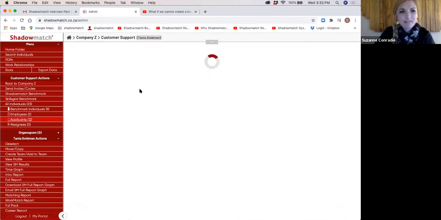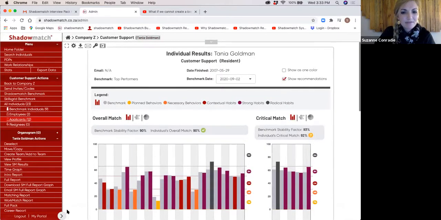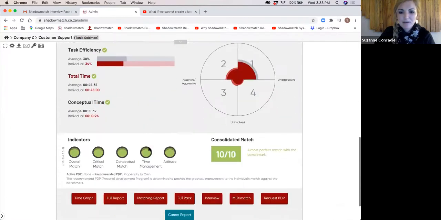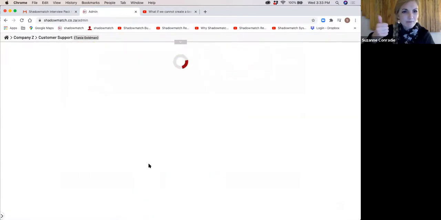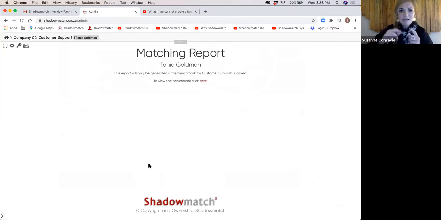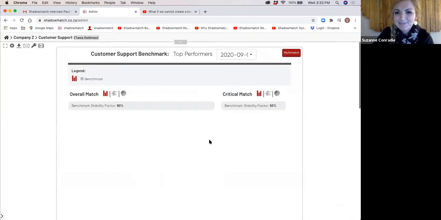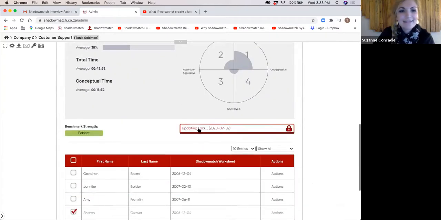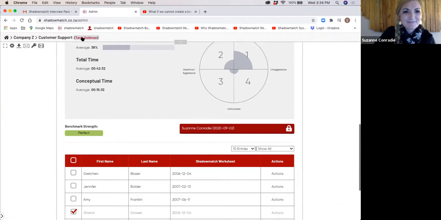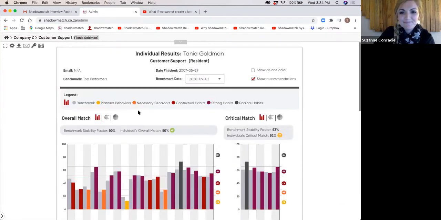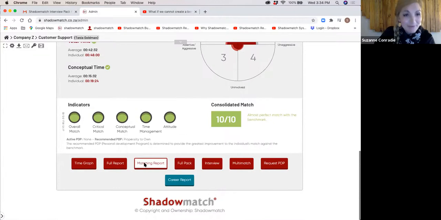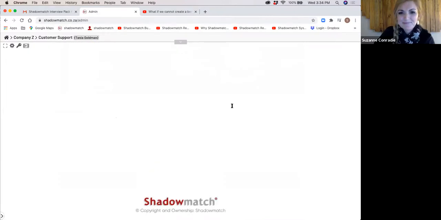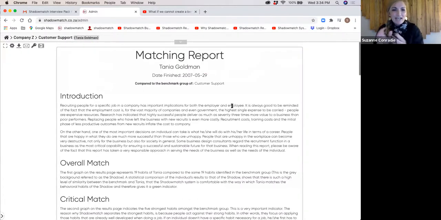We can click there to Tanya. And let's click on matching report again. The moment my benchmark is locked, the system allows me to create this. Sorry, ladies and gentlemen, I just clicked, but I never clicked lock. There we go, benchmark locked, back to Tanya. And then back to my matching report. There we go. So now we have the detail